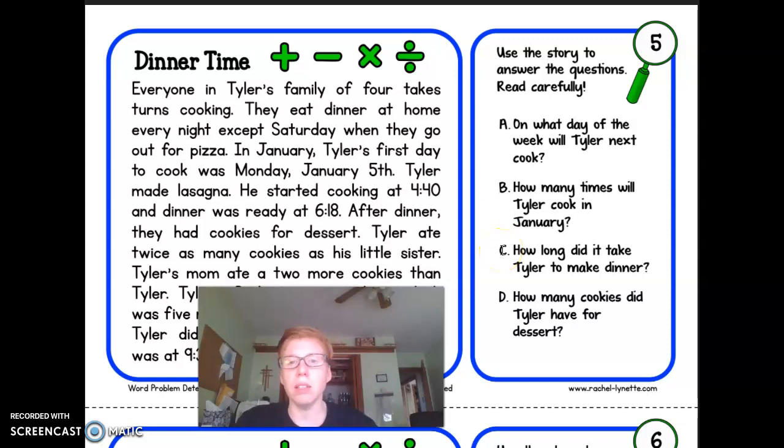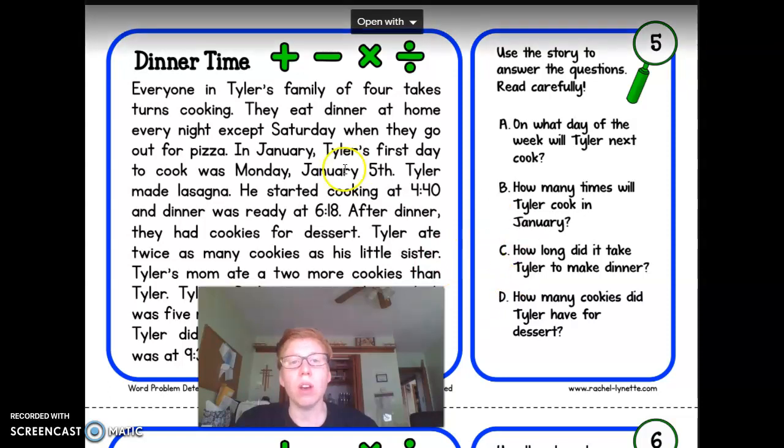C says, how long did it take Tyler to make dinner? And then D says, how many cookies did Tyler have for dessert? So you're going to use all of the information from the paragraph to answer those 4 questions. And on the answer sheet,